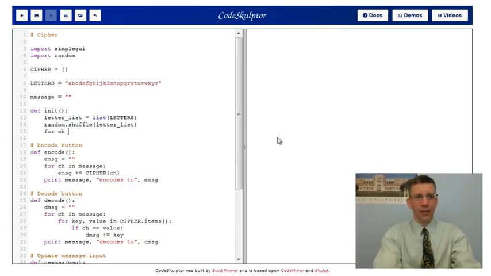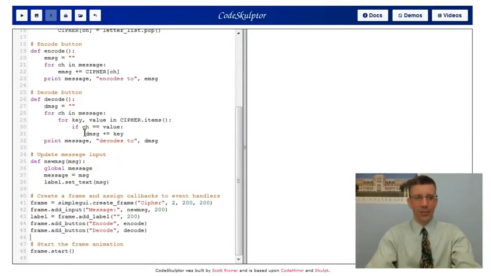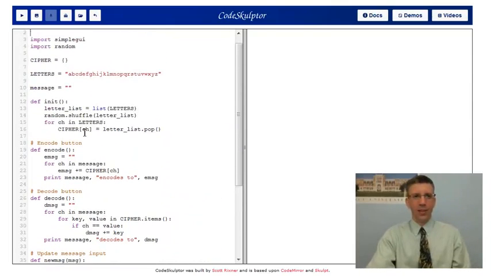So let's go through the letters, for ch in letters, and let's say cipher ch equals letter list dot pop. So I'm just going to pull them off one by one and create a mapping in that way. Now I have a more complete substitution cipher that at least has all of the lowercase letters. Oh, I better call init somewhere. Let's call it down here. And it's also randomly generated, so it's not going to be great, but I can at least type